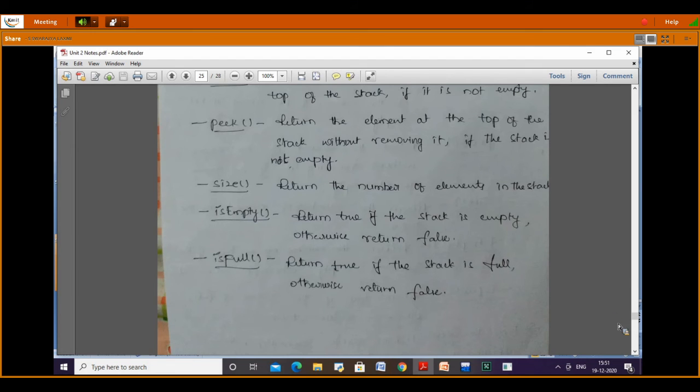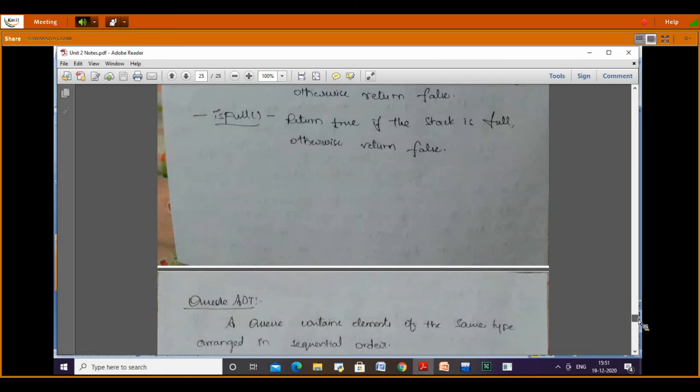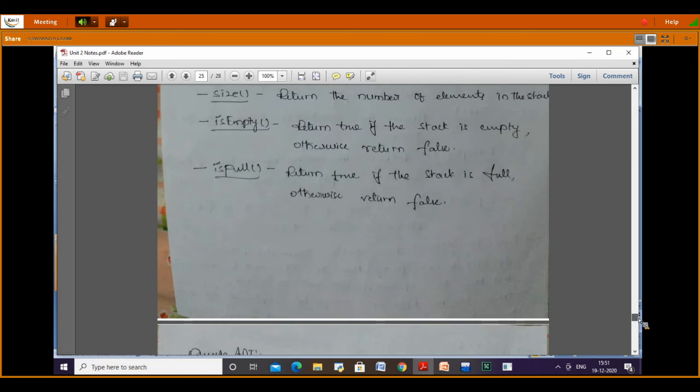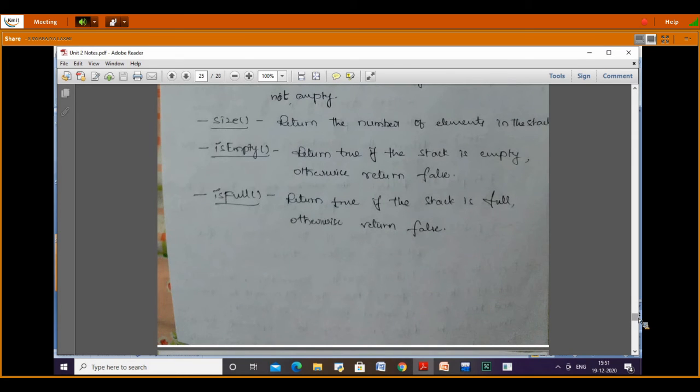Okay, right. Then next we have Queue. So what is Queue? Queue means, see, before going to Queue, I want applications of stack.